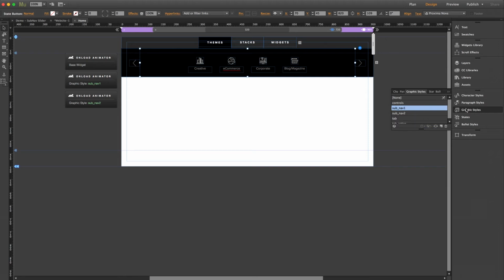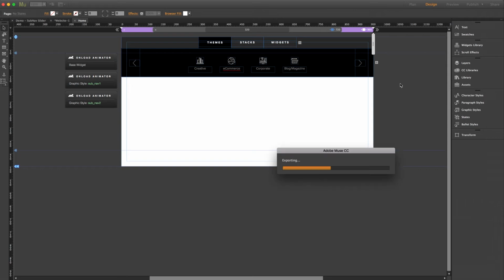So let me go ahead and preview this in a browser. And we can see how all of these icons slide in from the right nicely. And they'll continue to do so as I shuffle through the different targets, thanks to our onload animator being applied to each state button. So before we close out, let's jump back into Muse, and I want to look at